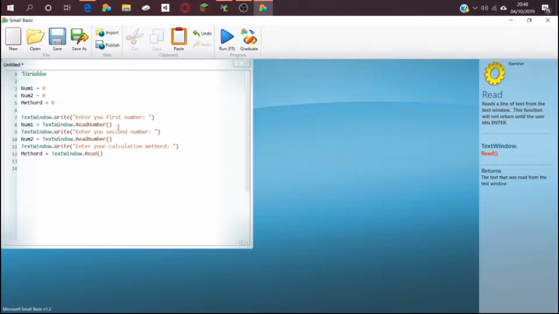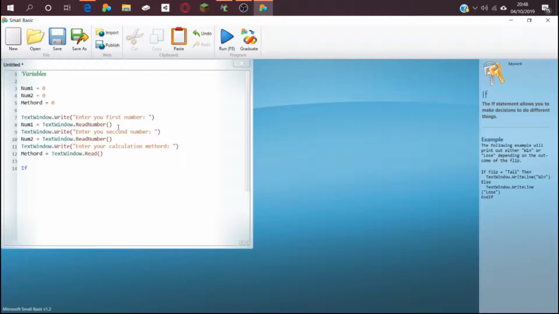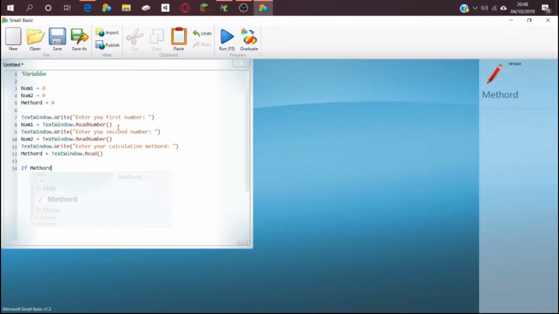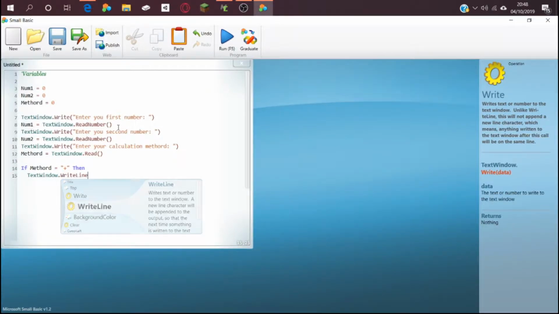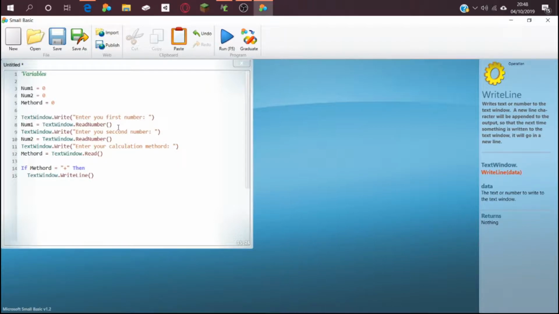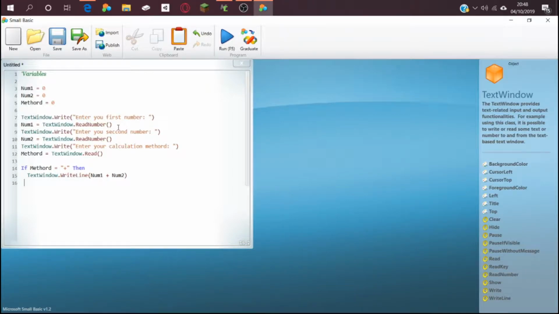So if statements are essentially if a value equals another value. It's really easy. So if method equals, so this is going to be plus, we put a plus sign in there, and then TextWindow.WriteLine, and then num1 plus num2, because they're both integer numbers or float numbers, then they would be passed on and be able to add. If they weren't and they were strings,